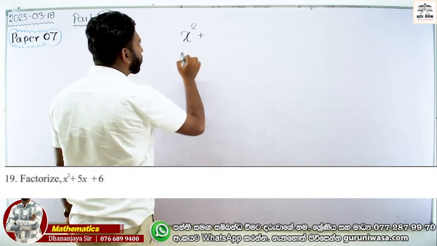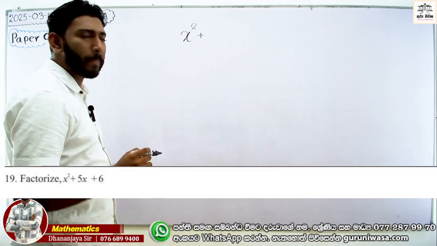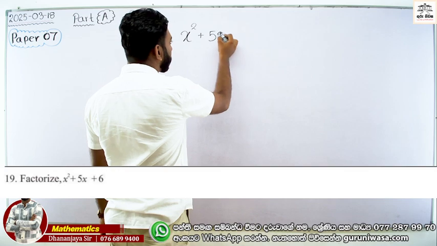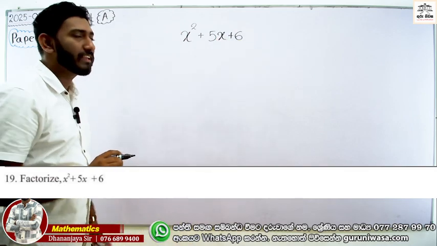We did it because in the lesson on algebraic fractions we did the same thing. x squared plus 5x plus 6. You have to know about this, right? In the theory class,